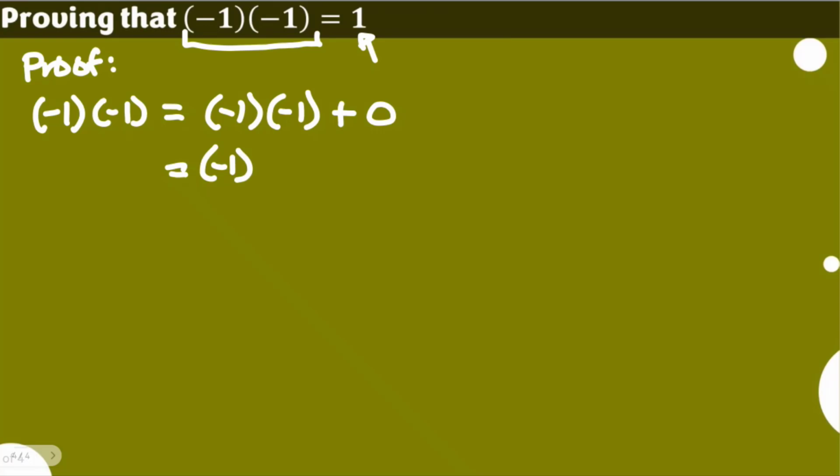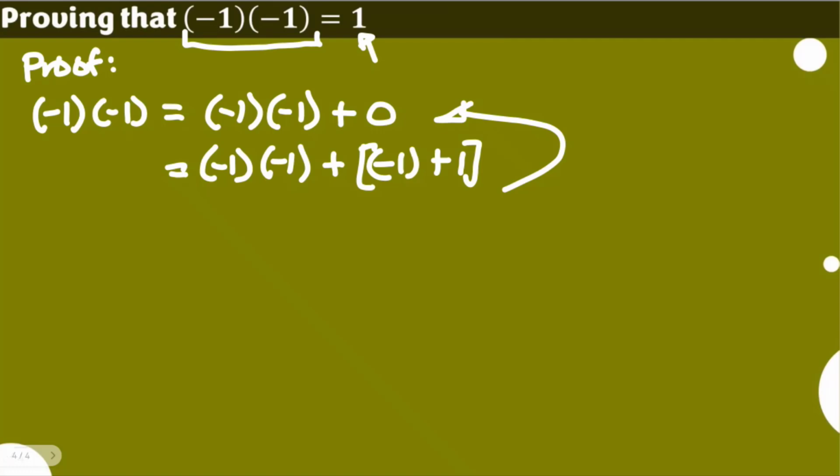So you have -1 times -1, and 0 can be rewritten in this form. It could be the sum of -1 and +1, right? -1 plus +1 is equal to 0, and of course they are inverses of each other, so that's just equal to 0, and we are not changing the actual value of our left hand side. But once we introduce that, we can see that 1 already appeared here, which is our intended goal to this very obvious identity or property.